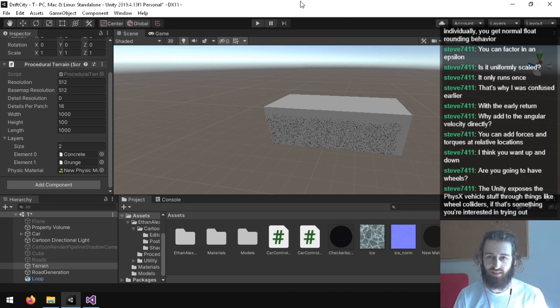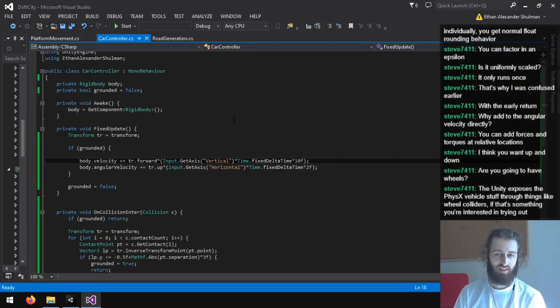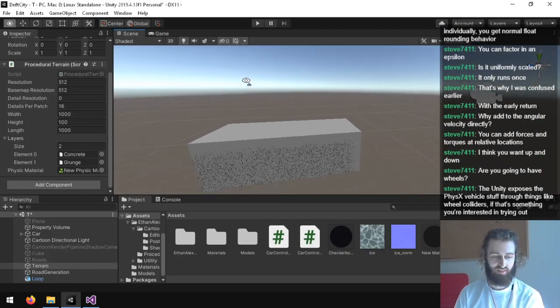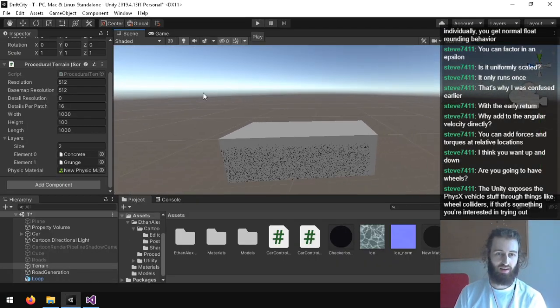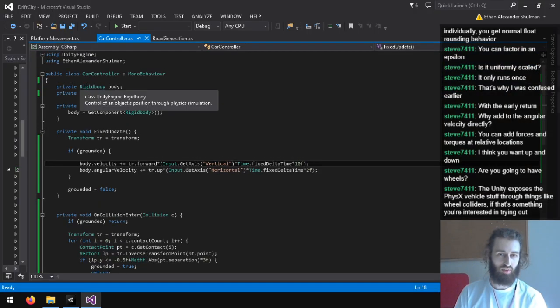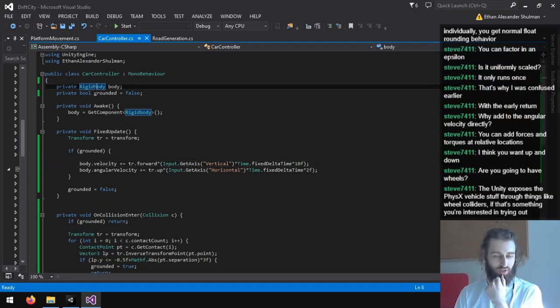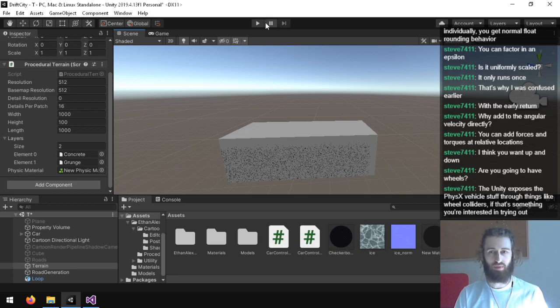Searching up a whole bunch of other people, they found the wheel colliders to be super unstable. I don't know, maybe it was just the little test that I set up, but my goal is to try to do this all with rigid body, just so that I have more stability.